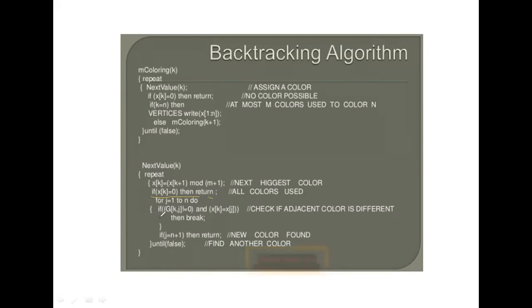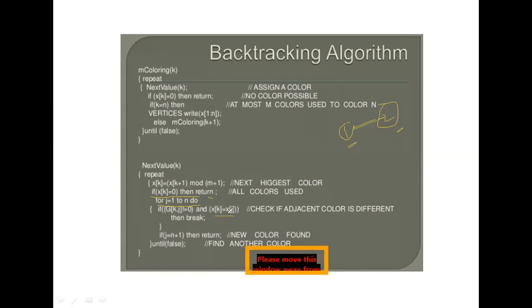See here, if j equal to 1 to n do, so here we have to take a loop for considering all vertices in the graph. So here we are considering the first one. Here first considering the root, first node 1, and the adjacent vertex is here. I am considering one node and the second node. First you have to check is there a path. Yes, not equal to 0 means there is a path. Yes, there is a path.